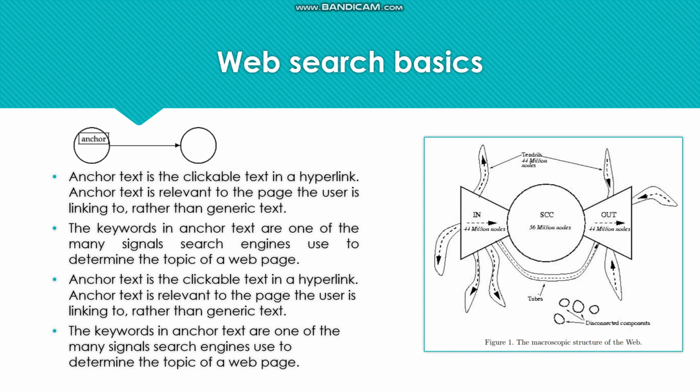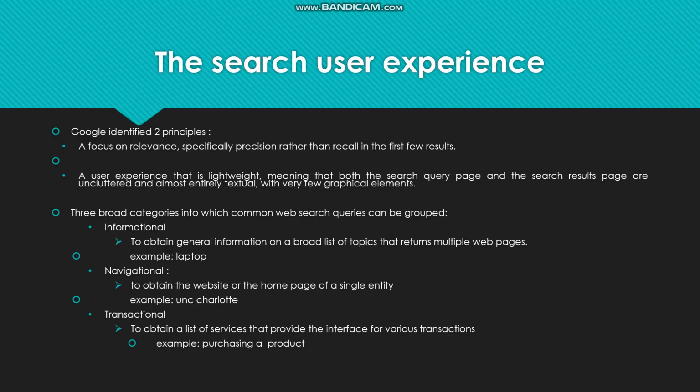Now coming to the structure of the web, it's basically a bow tie structure, and it has three main components: the IN, SCC, and OUT. So the web surfer can go from IN to SCC and from SCC to OUT, and a surfer can also go to other pages in the SCC, but cannot go from OUT back to IN through SCC. Now the general search user experience. Google has identified